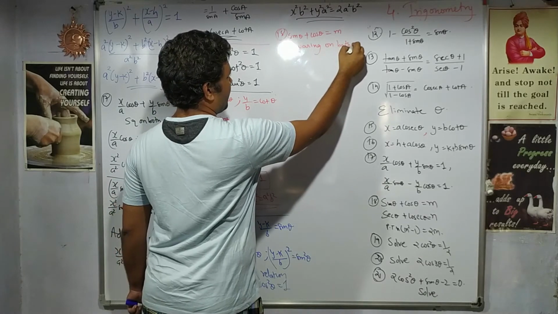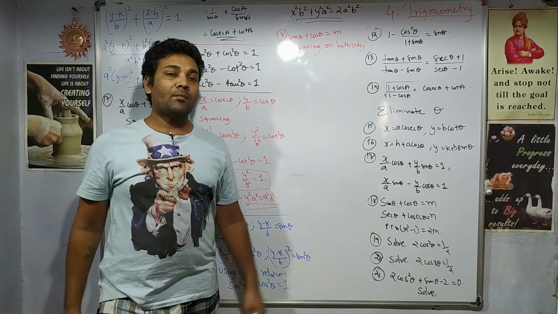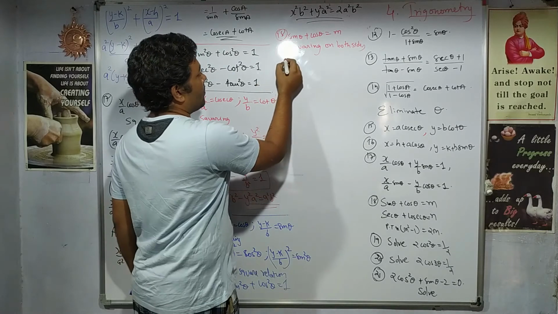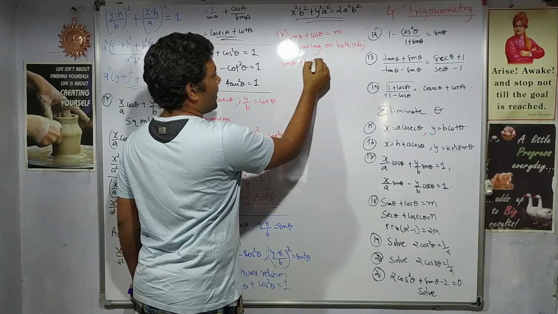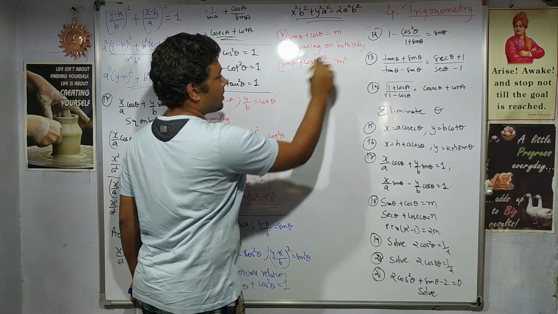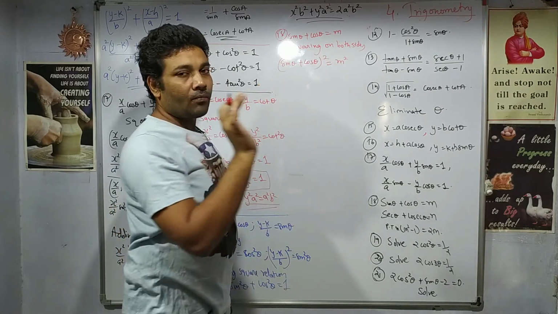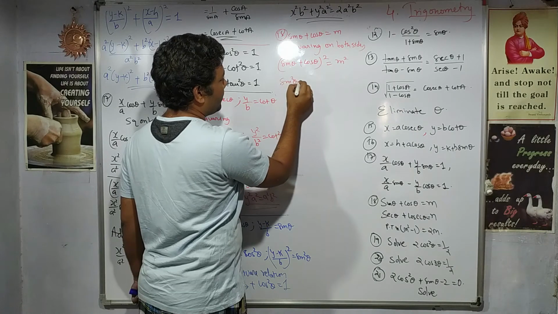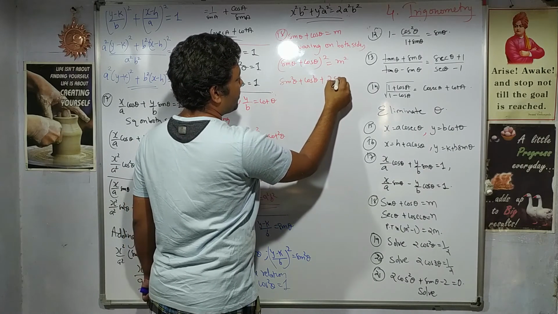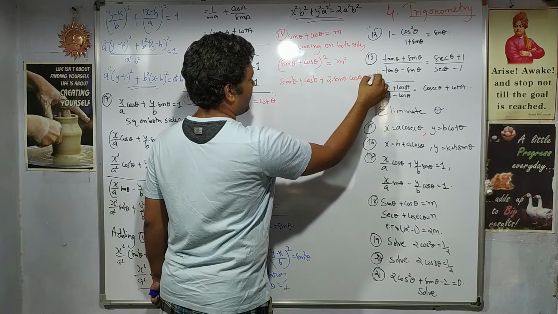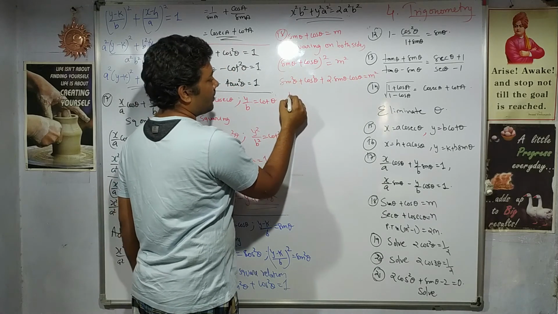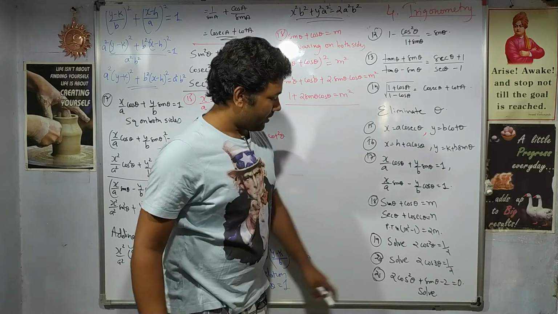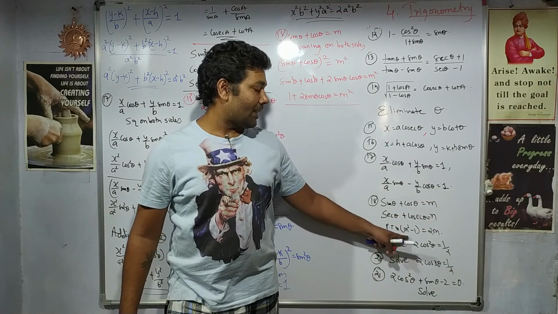Such type of statements most of the time students don't write, but if you write, this creates an impression on the teacher. So write each and every step. Don't be in a hurry skipping away the steps. You should include all the steps of the simplification. That is what mathematics is. So now squaring, a square plus b square plus 2ab equals m square. Sin square plus cos square is 1. So 1 plus 2 sin theta cos theta is equal to m square. I got the value of m square. If I use the left hand side, I will need the value of m square. So I have got it.